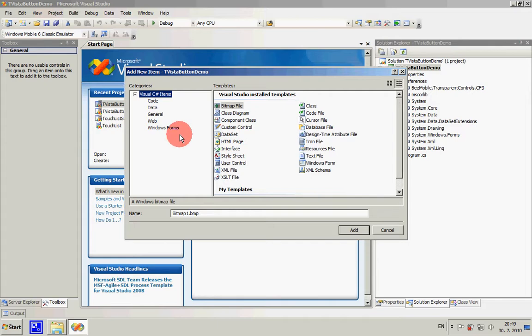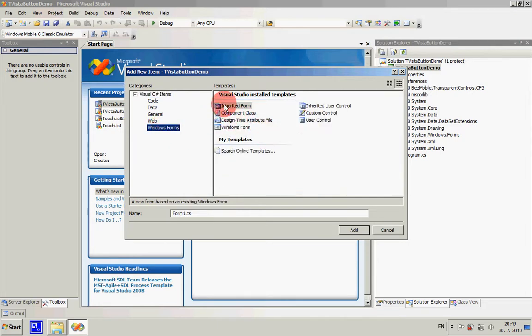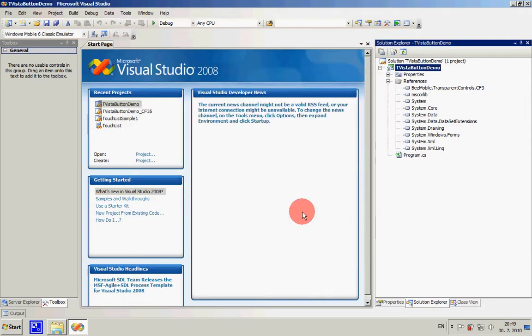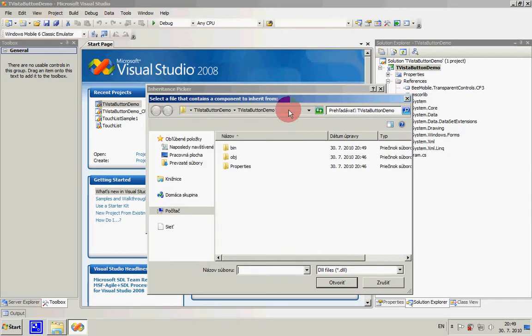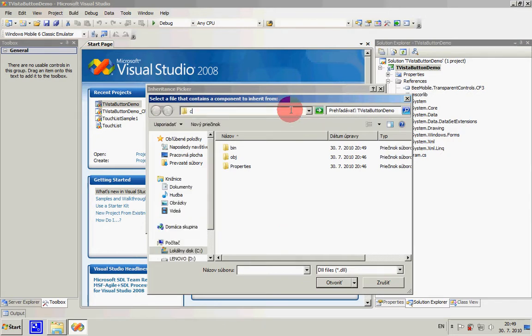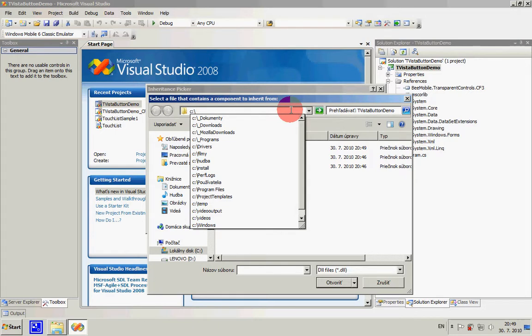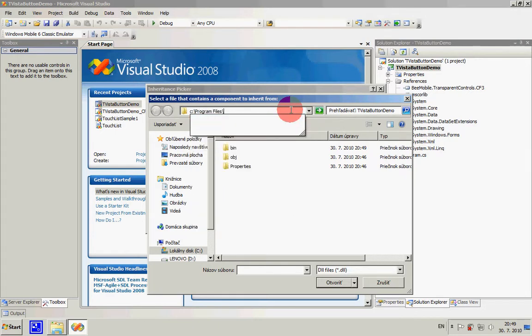So I'm going to click Windows Forms, Inherited Form, and once the inheritance picker pops up, I'm going to choose Browse, and now to browse to the folder where I installed bmobile iPack, which in my case is on a C hard drive, Program Files, bmobile, iPack,